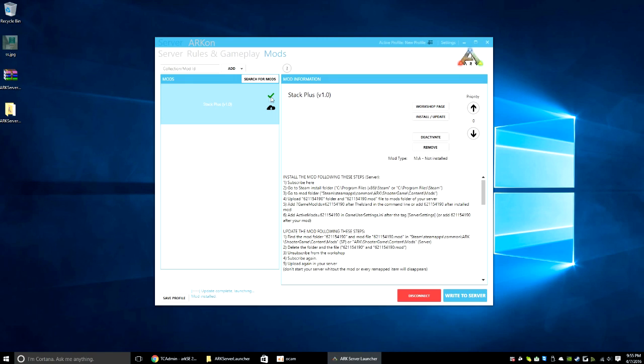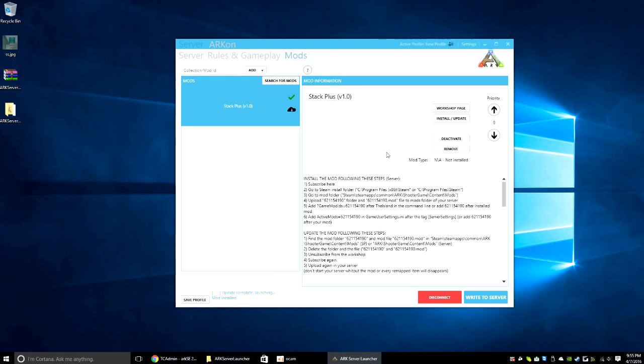Now it's got a little checkbox. The mods that you have enabled or disabled, as far as activation or deactivation, the ones that are active will have a little checkbox. At this point, let's say you have everything the way you want it. You are going to go ahead and hit write to server. Once you hit write to server, it's basically done when it says writing file to INI. And just keep note, when it says it can't set command line as ARKRemote is not